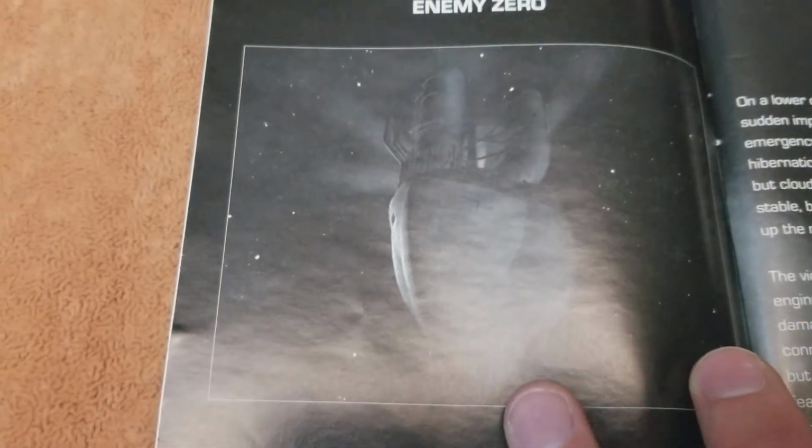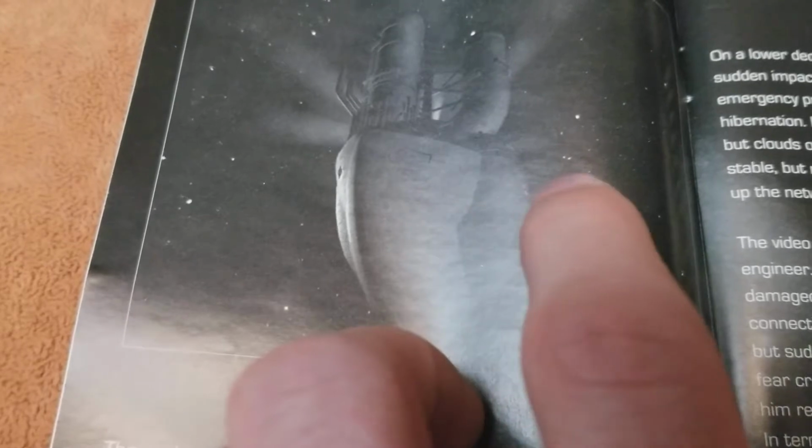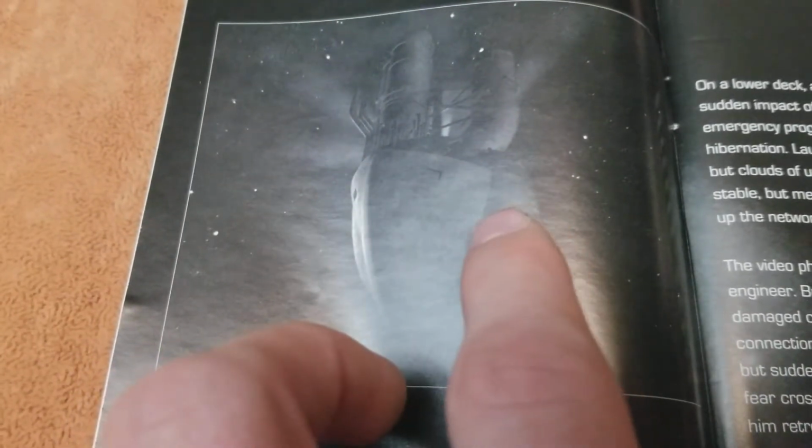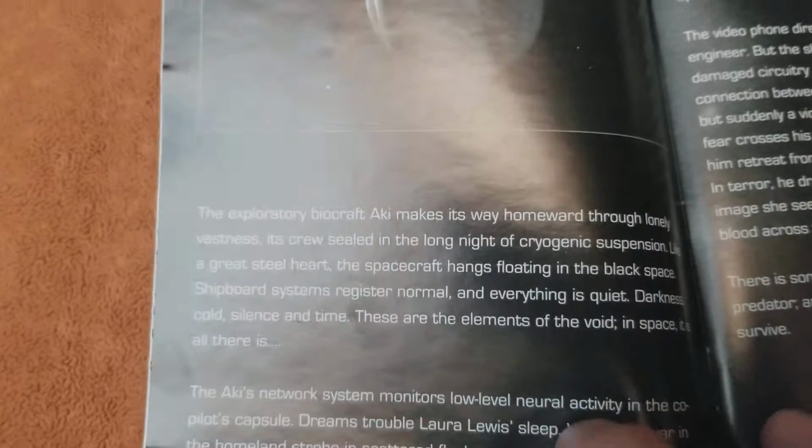So you're on this spaceship. Looks kind of like a weirdly drawn butt in some tight pants. But it's a spaceship. That's the front, and that's not the back. That's the side. Get your mind out of the gutter. But yeah, you're in the void of space or whatever, and there are these alien things that are invisible, and